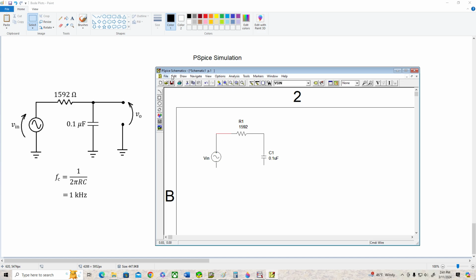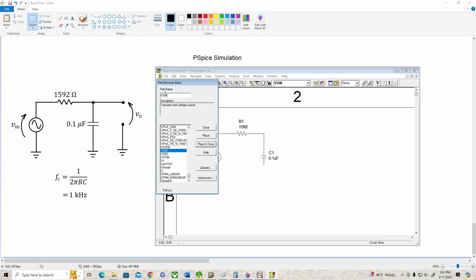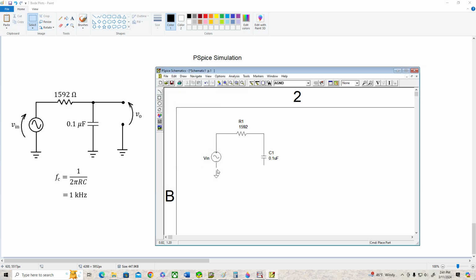So let's draw, get new part, and I'm going to use an AGND, and there it is, analog ground. We will place that here and here, and there's our schematic. Okay, you can move things around to make it look nice. If I wanted to, I could drag this out further. I'd have to fix those jagged lines, but